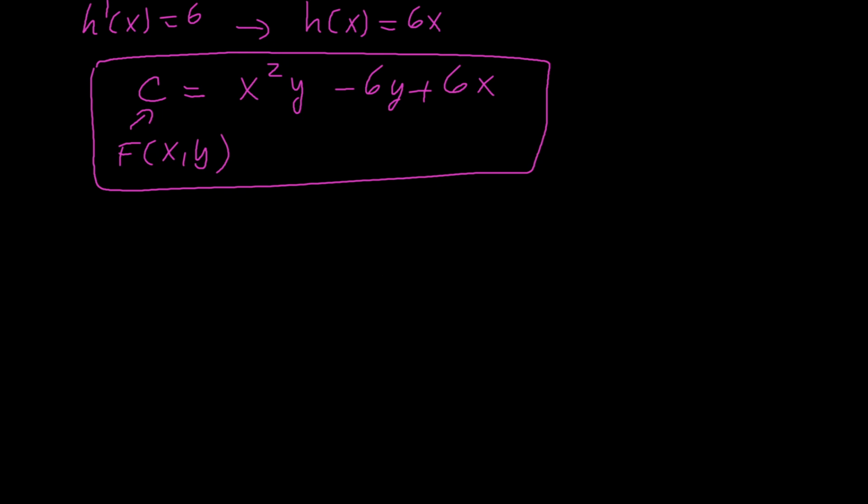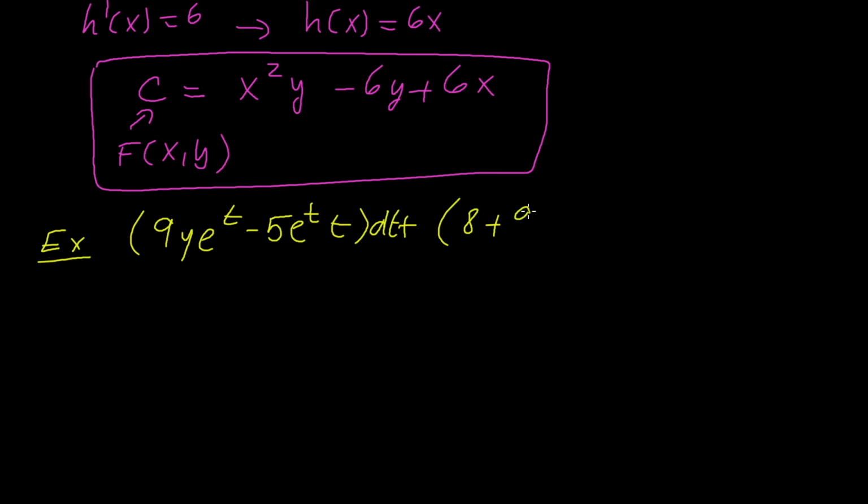Let's do another one. Let's say you have some e^t times 9y minus 5t, so I'm going to go ahead and just write it here. All right, so just make it this way from the beginning. dt, and all right, so I think if we check these,